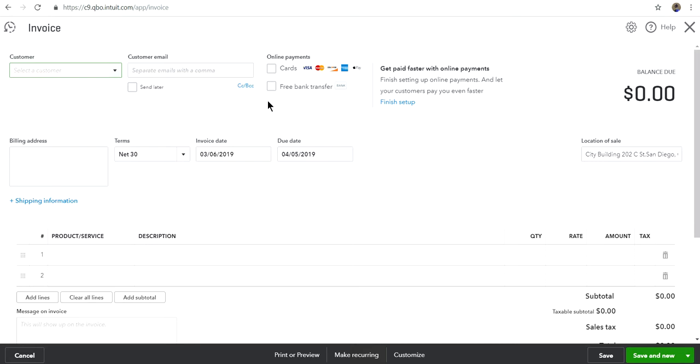Okay, so this doesn't mean that you can accept payment at this time. You've got to have Intuit QuickBooks Payments merchant service. Just like accepting credit cards, you need a merchant service, so you need to apply for merchant service. Okay, in case you don't see this online payments, it has to do with